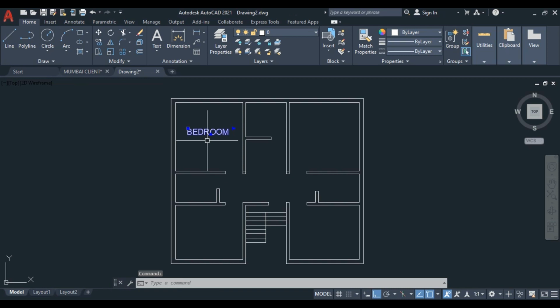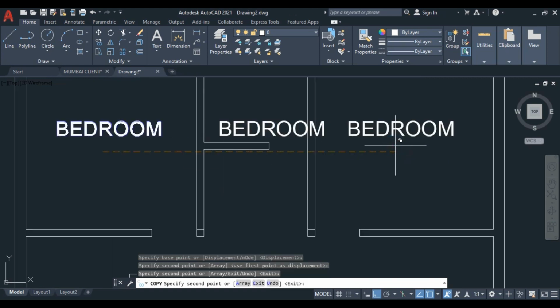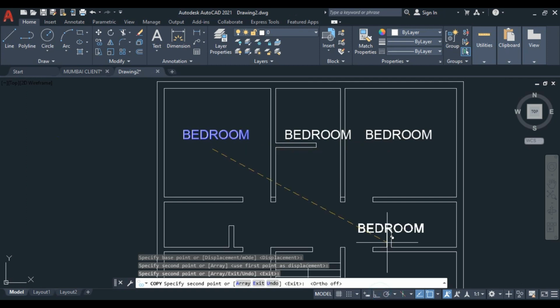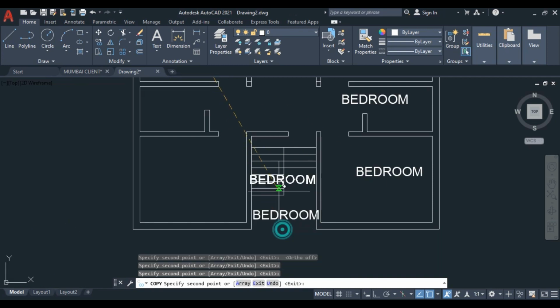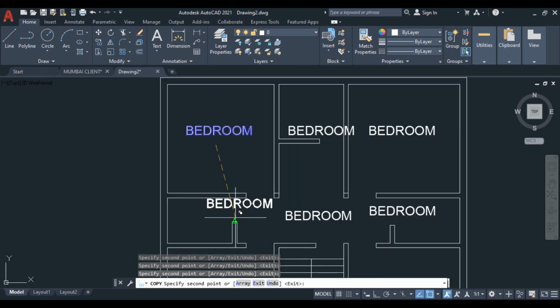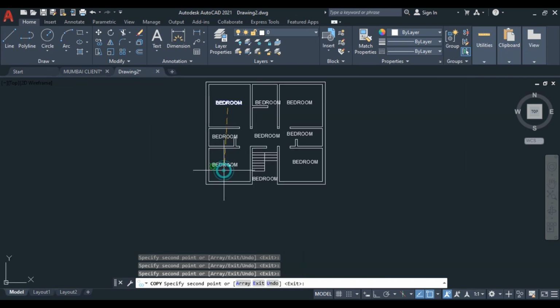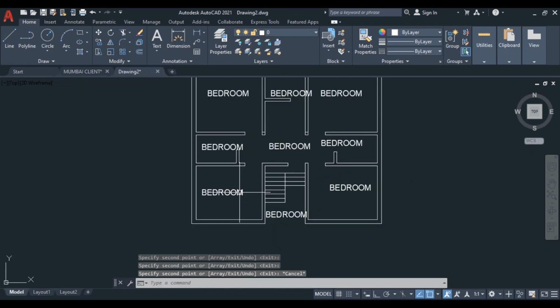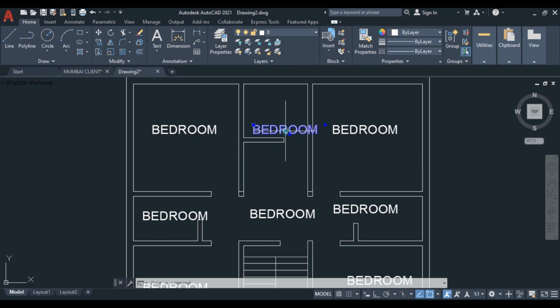Okay, so I'll just copy it first. So select this, type CO for copy. I just copy here, here, turn off your ortho mode, so you will find it easy to copy. Copy here. All right, now we'll simply customize this.